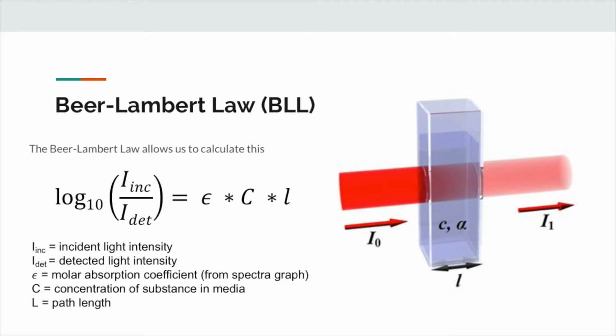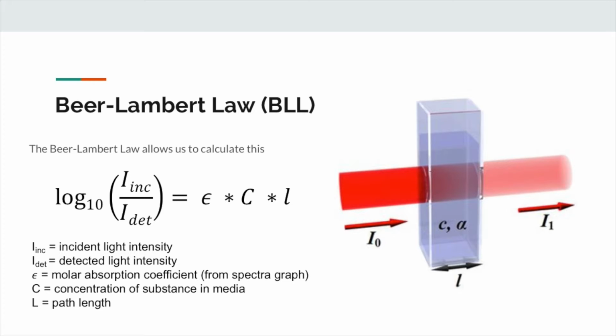Right. So the Beer-Lambert law is what basically our whole concentration calculation is based off of. It allows us to calculate the amount of light or the concentration of a medium, etc. And it essentially models incident light passing through some amount of medium at some concentration and some length, called the path length, and then the detected light coming out is a part of the equation too.